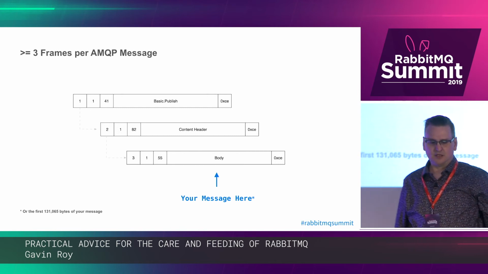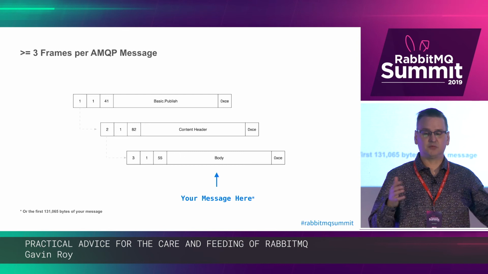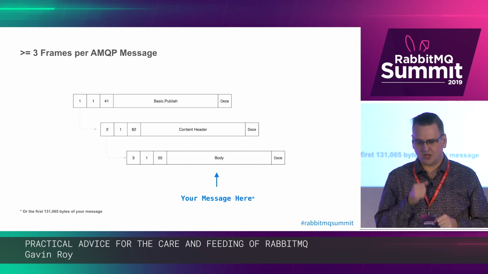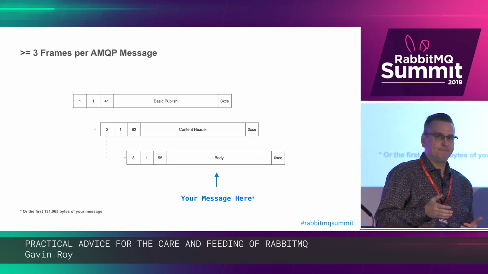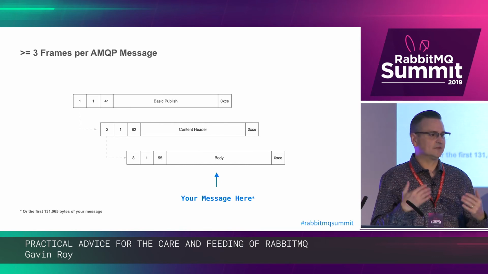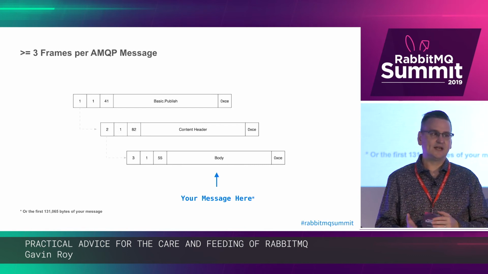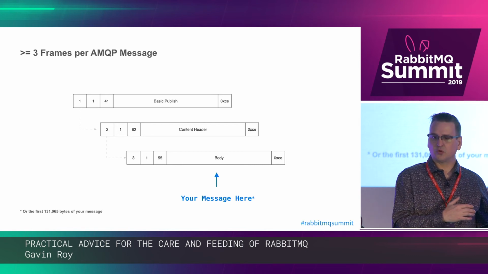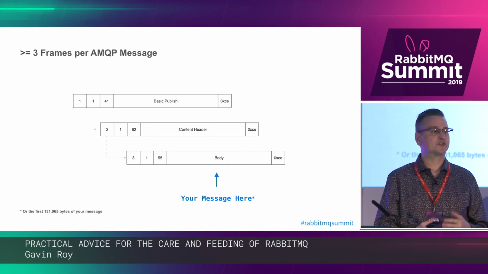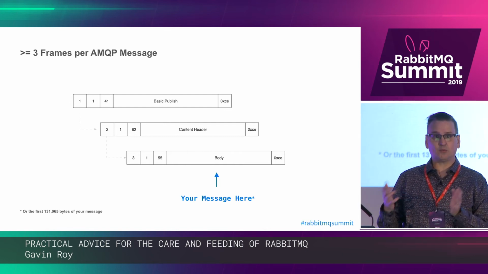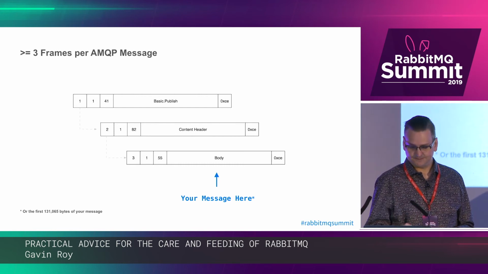And that could be the first 131K of data if you're publishing big messages, or a single frame if it's smaller. And now we start thinking about how do we divide that up into 1,500 or 1,460 bytes, right? You start doing math around what's happening. How many packets per second am I going to be sending in my application as a high velocity publisher to be able to support the size of data that I have, and then that backs you into what kind of infrastructure do I need to be thinking about with regard to my networking stack and my networking devices, network cards, all that kind of fun stuff within my messaging solution.